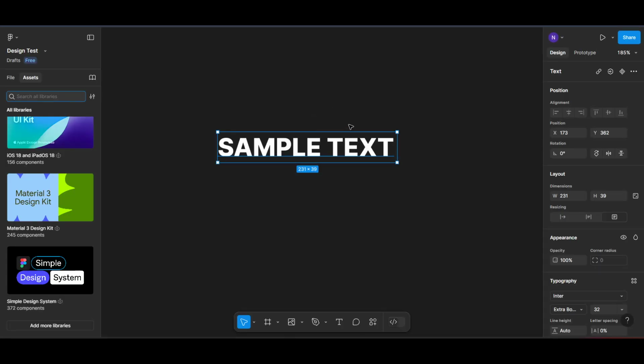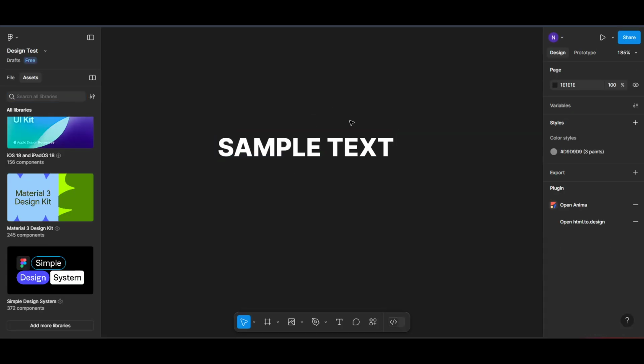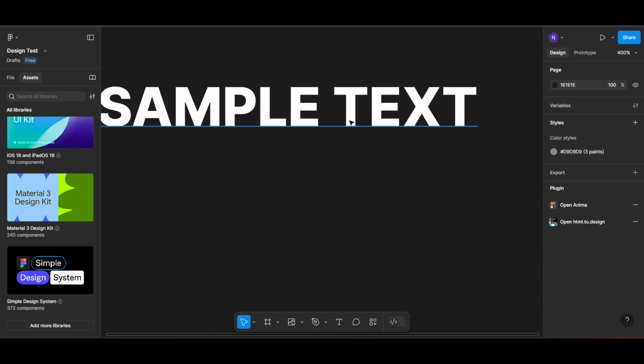off the keyboard. And there you have it, a simple yet comprehensive guide to zooming in and out in Figma. With these techniques, you can seamlessly navigate your design projects, ensuring you spend less time fumbling with controls and more